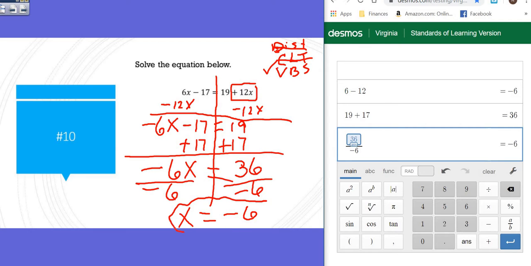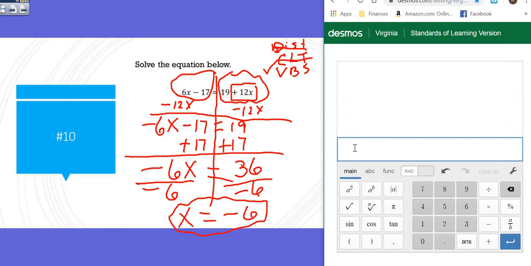Now this is the interesting part. I am going to check this in Desmos, and I want to make sure every single person knows how to do this, because it will save you in a lot of situations. So I'm going to start by typing x equals negative 6, and I'm going to go on to the next line. I'm going to start with the first half of the equation, which is 6x minus 17. I'm going to go to the next line, and I'm going to do the second half of the equation,